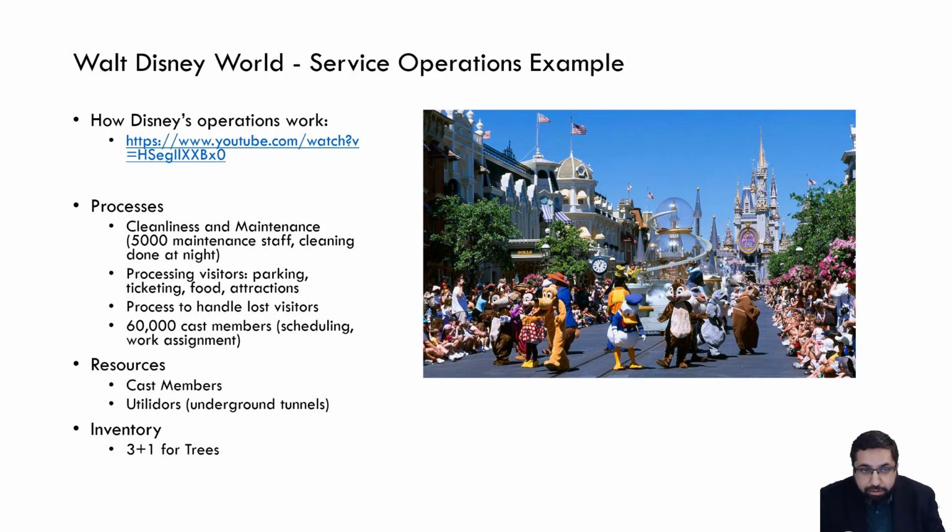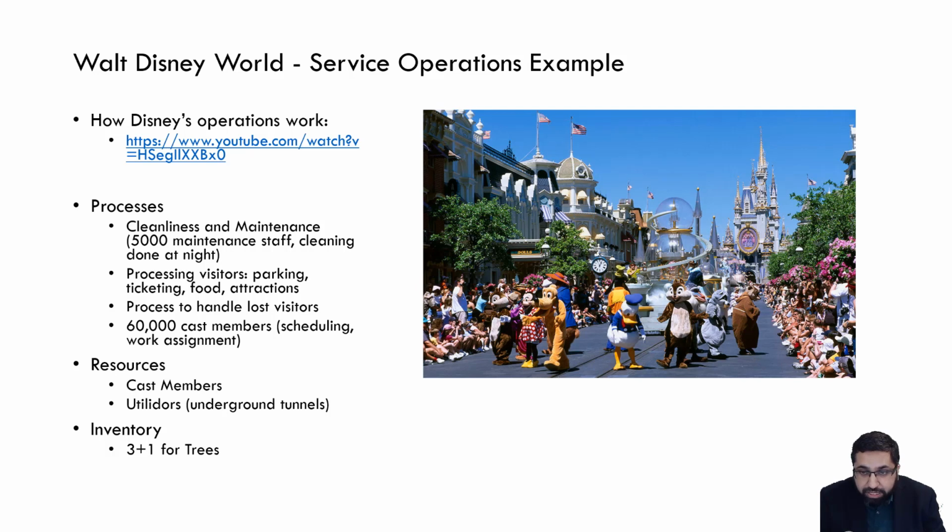So in a typical resort, you might have up to 5,000 maintenance staff and very detailed processes for cleaning and maintaining the premises. You'll have a lot of things in inventory, and that's not just costumes and food. The inventory for Walt Disney World even includes trees. Sometimes trees die, they get insects, they get struck by lightning. And so for every 3 trees on their premises, they have a tree growing in another location. If a tree needs to be replaced, they can put in a 20-year-old, a 30-year-old tree over a weekend, over a day, without having to wait 20 years to grow a new tree.